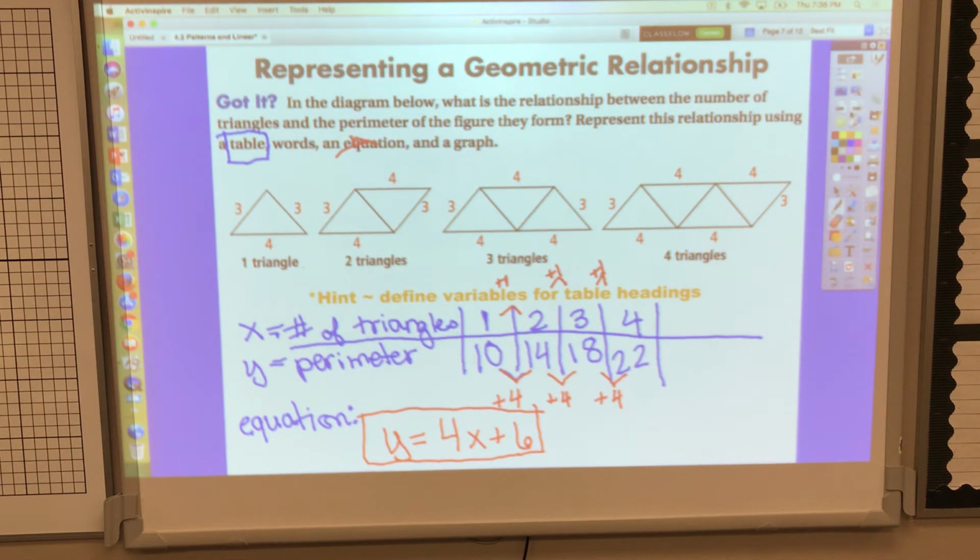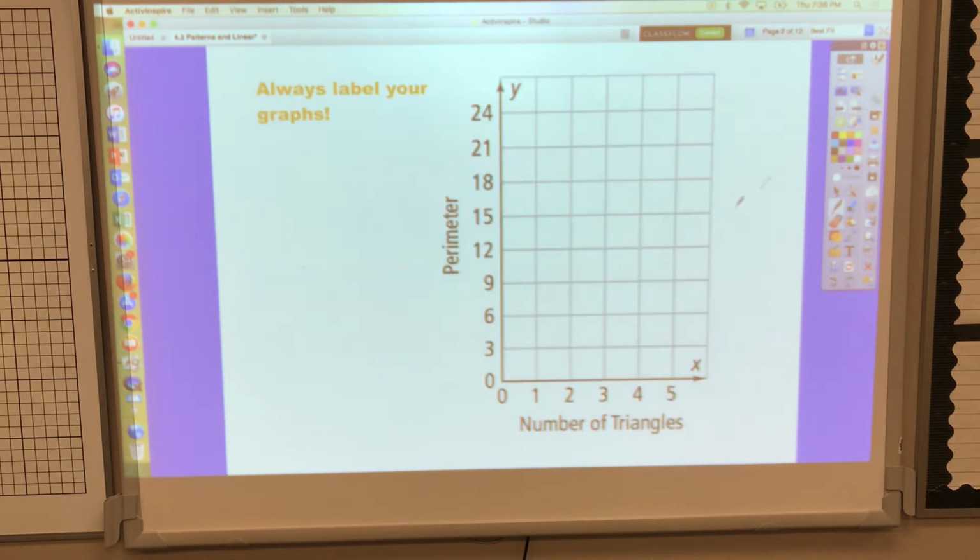Okay, so let's move on to the graph. This will be easier for you guys because you have your graph or your table right in front of you, because what you're going to need is your inputs and your outputs. Now if you notice in yellow up there, I said always label your graphs. So if you notice my graph, my variables are labeled for that x-axis and that y-axis like we talked about